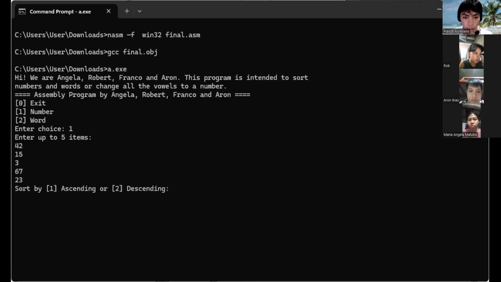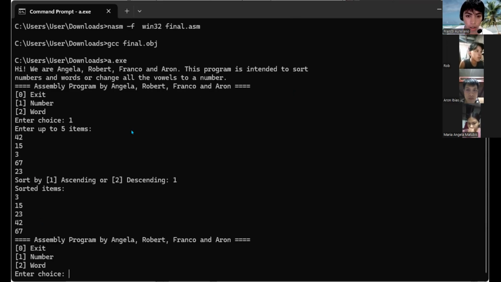After that, we need to choose the sorting order: 1 for ascending, and 2 for descending. Now let's choose 1. And here's our sorted items: 3, 15, 23, 42, and then 67.